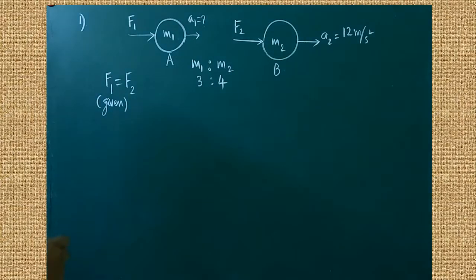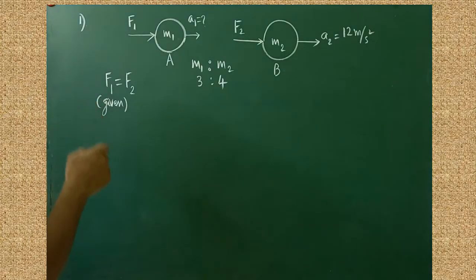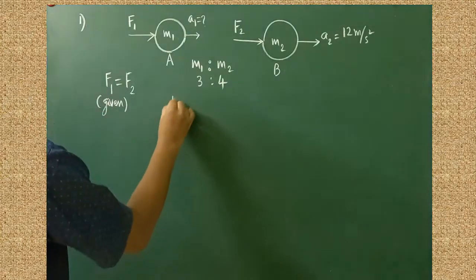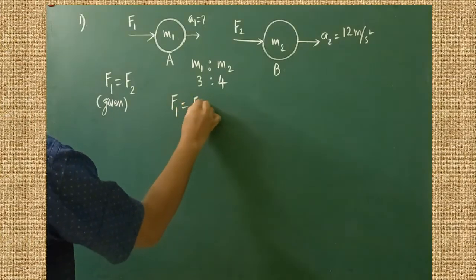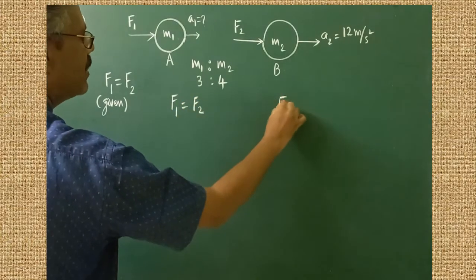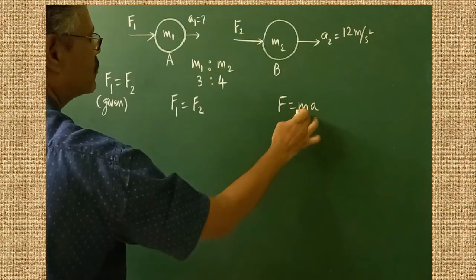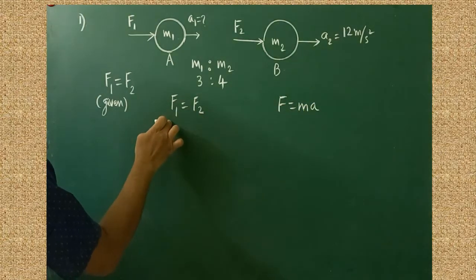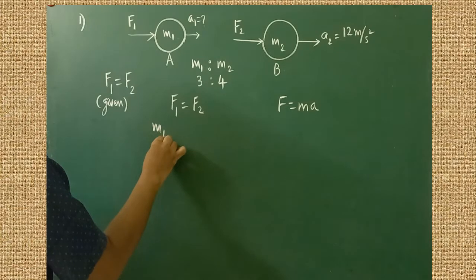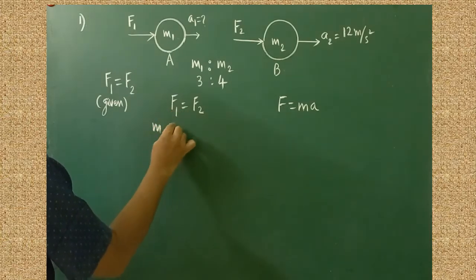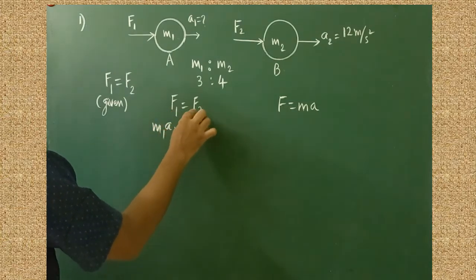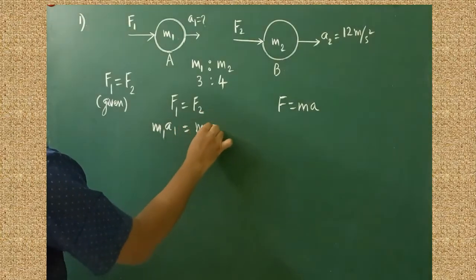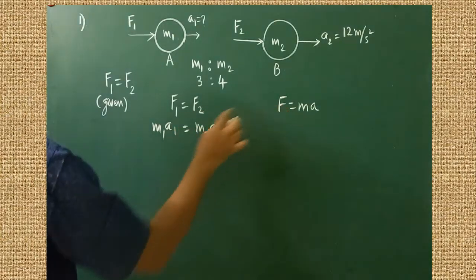We know the force formula from Newton's second law. As per Newton's second law, the force formula is F is equal to m into A. So that formula is to be used here. Let us take this clue, F1 is equal to F2. What is the fundamental formula? F is equal to m into A. So this formula is to be substituted here. What is the mass of the first object? m1. Instead of F1, I am writing m1 A1. What is F2? m2 A2. Everything is written on the basis of this formula.